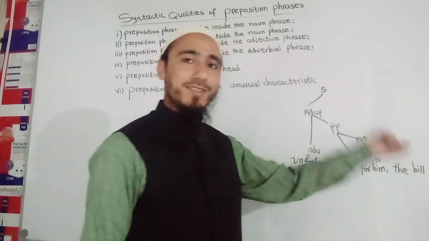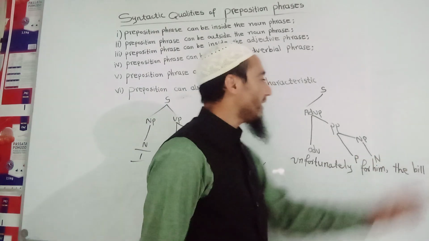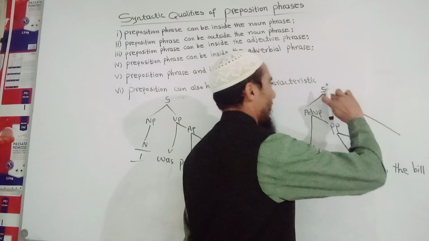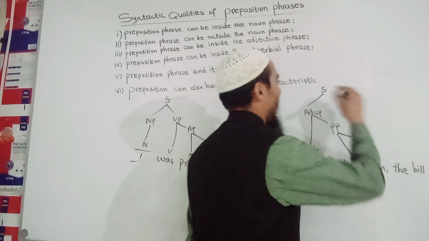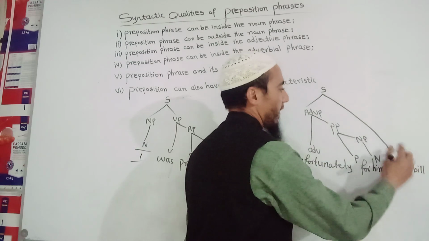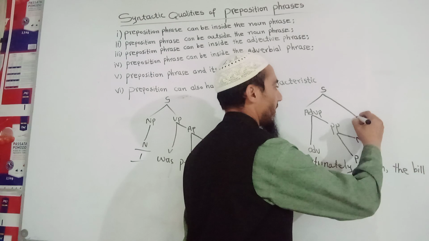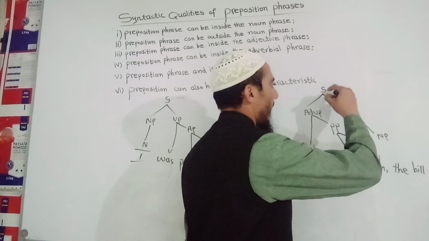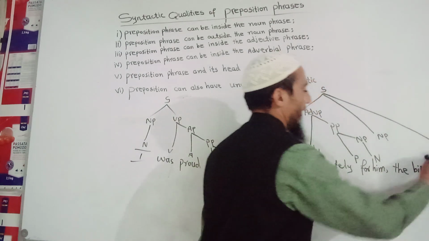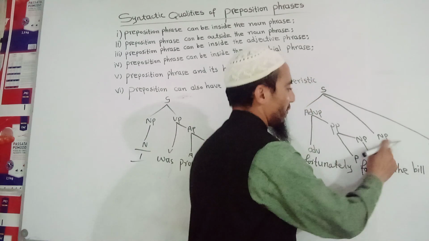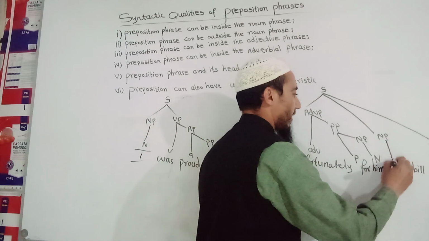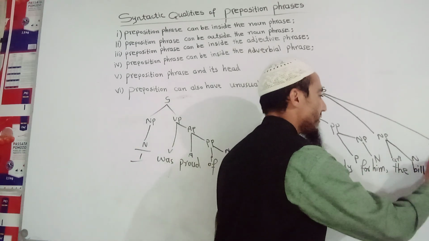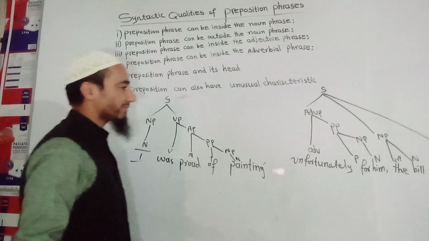Okay, now we are taking the sentence, that is "the bill arrived". So from the sentence, okay, let me take it separately so that you may not get confused. "The bill", which is what? NP, and we also have "arrived", which is VP. So for "the bill" we have "the", that is article, and "bill", which is noun, and "arrived" VP, so we are taking S. This is the structure.